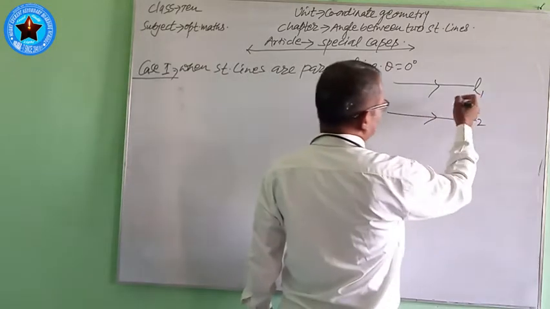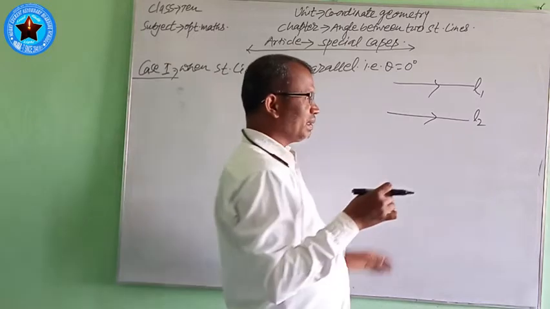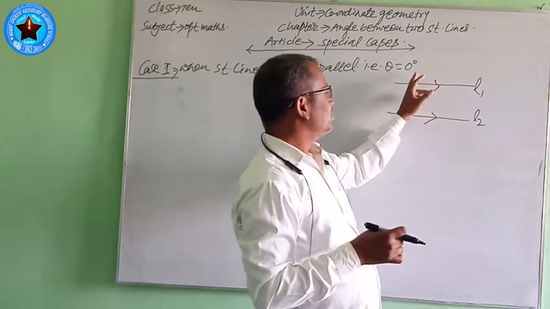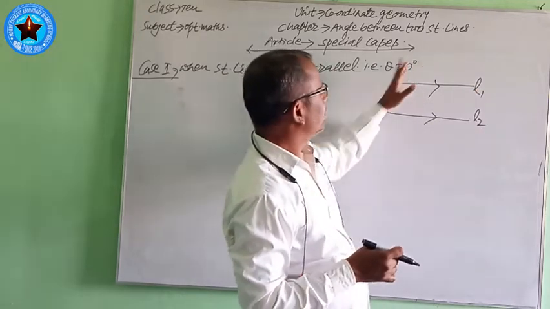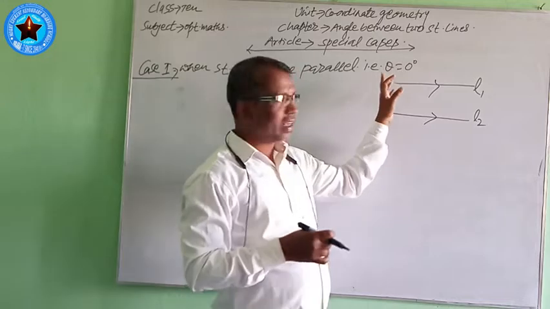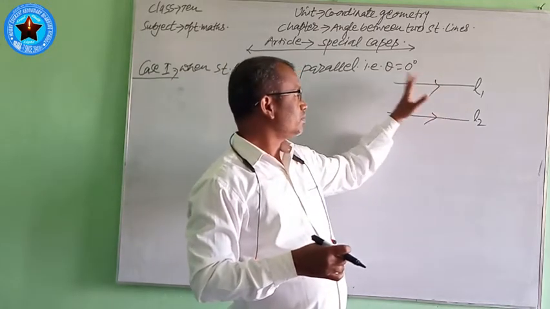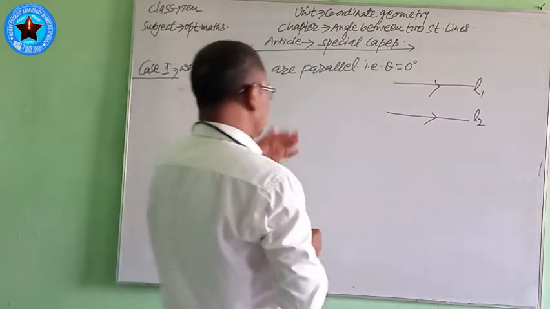Means there is no angle, no point of intersection. Therefore we can say that the angle between L1 and L2 is 0 degree. That's why I have written theta equals 0 degree. Theta means the angle between these two straight lines L1 and L2, and here it is 0 degree. And also you know that